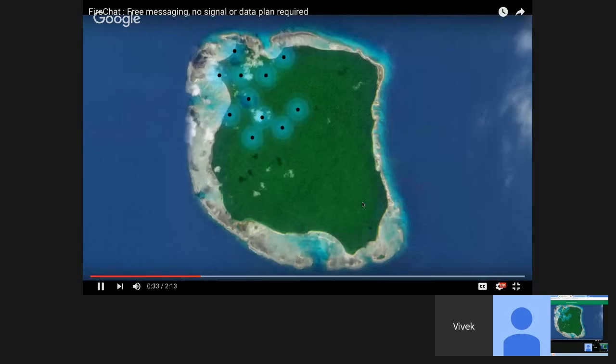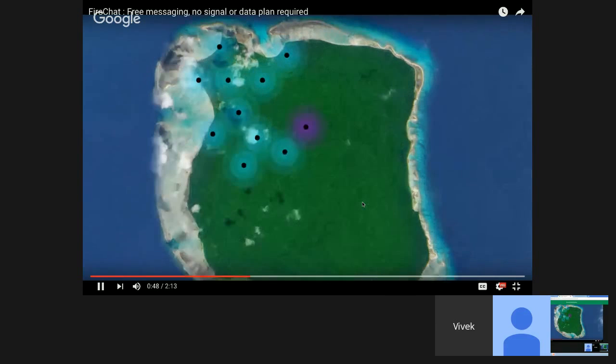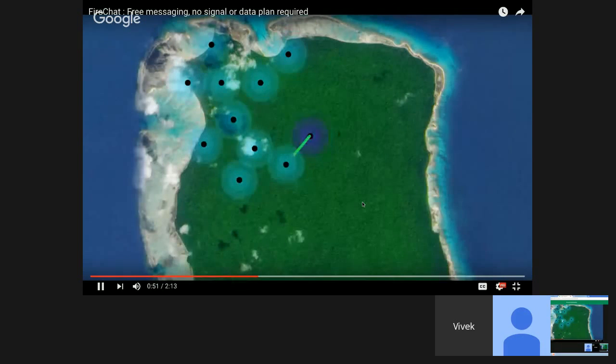With FireChat, you can send both public and private messages through this new kind of network. Public messages can be seen by everybody. Private messages can only be seen by the sender and the recipient of the message. These messages are encrypted so that no one else can read them. Now here's where it gets interesting. A private message may transmit through several phones to reach the recipient. It's almost as if each phone is acting as a postman, passing the message to the next postman, but without seeing it. Again, only the sender and recipient of a private message can read it.